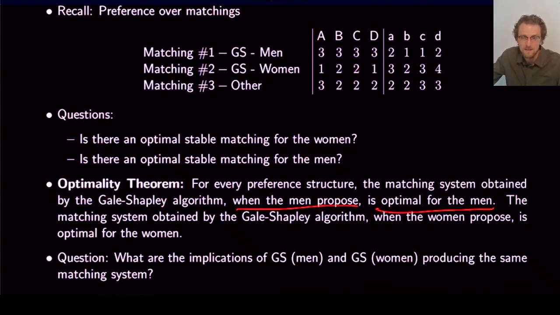What does that tell you? Well, it turns out that tells you that there's only one matching. There's only one stable matching. Okay, so the optimality theorem says that, in a very strong sense, the proposing side gets the best